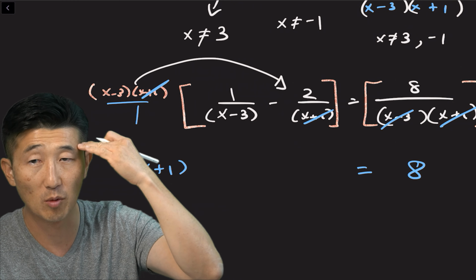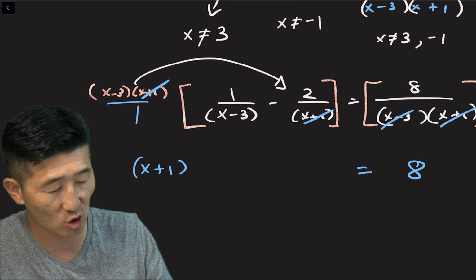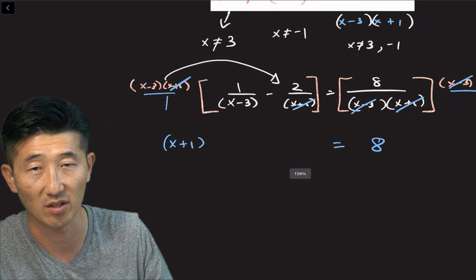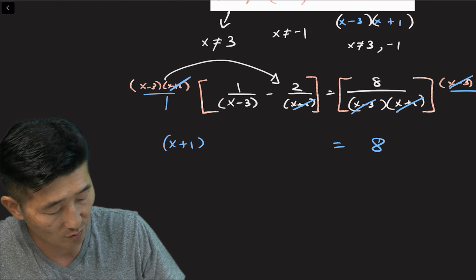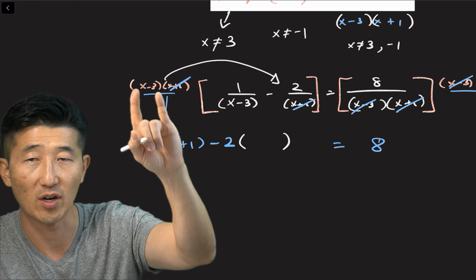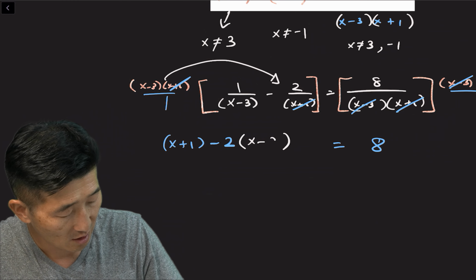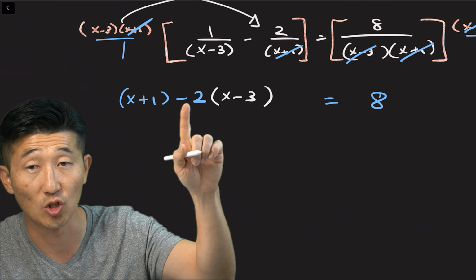Do not try to multiply all of this out in your head and then write it down. Take the extra step, extra precaution, so you don't get this thing wrong during the test. You're going to write this as negative 2, parentheses, this guy right over here, x minus 3. Now, if you do it this way, you're not going to make the mistake of forgetting to distribute a negative